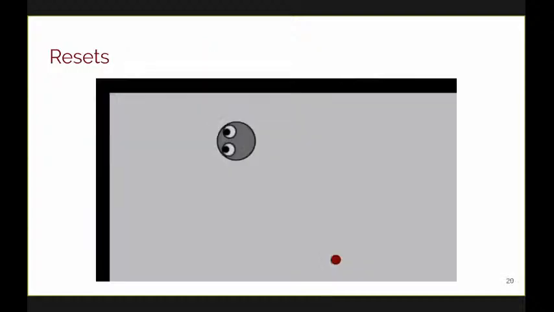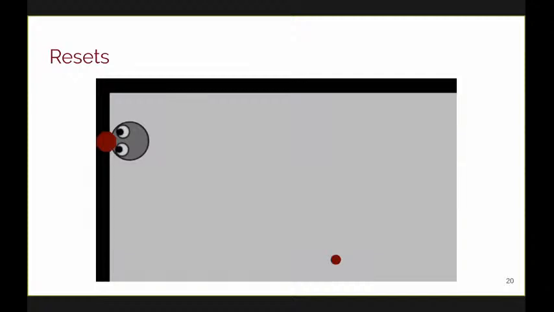One thing I failed to mention earlier is how we handle the event of a user that would collide with a physical boundary or obstacle. Even the best redirected walking algorithms, we need to assume that they need to use perceptual thresholds. And so we assume that they will not be perfectly able to keep the user away from boundaries and obstacles. When a user is about to collide with a boundary, we initiate what's called a reset.